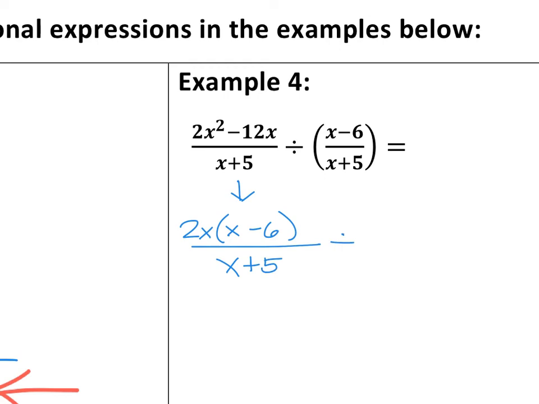Well, I guess we can probably go ahead and turn this into multiplication at this point, since I don't have any simplification to do. So I'm going to turn that division into multiplication, and now I'm going to take my reciprocal. So the x plus 5 goes on the numerator, the x minus 6 is in the denominator,